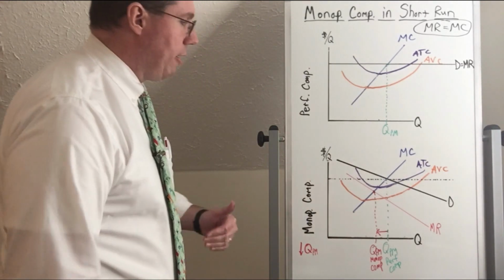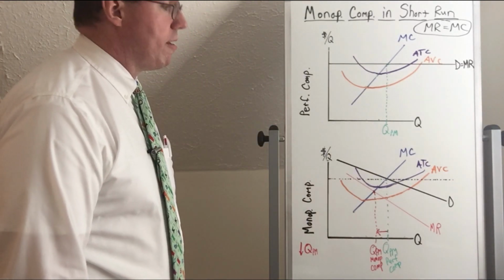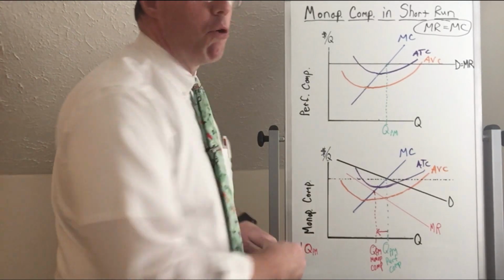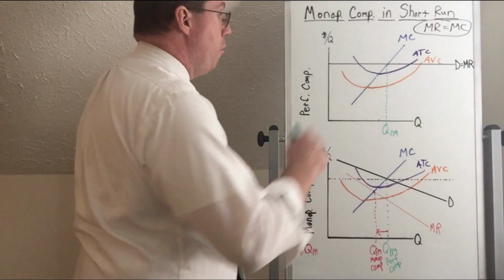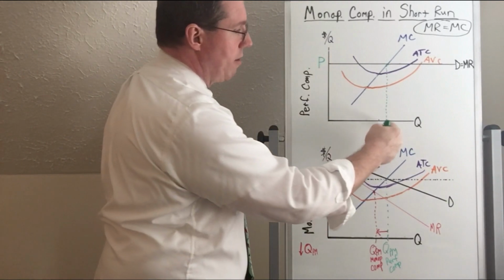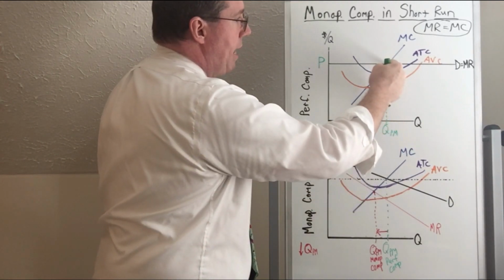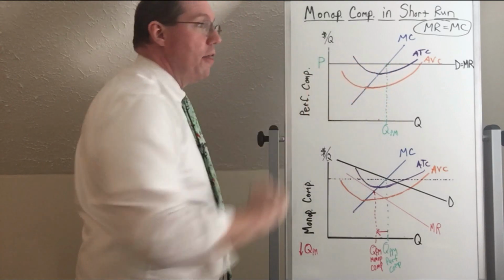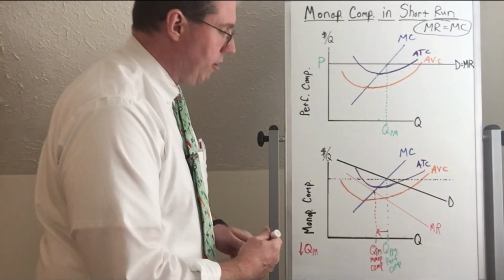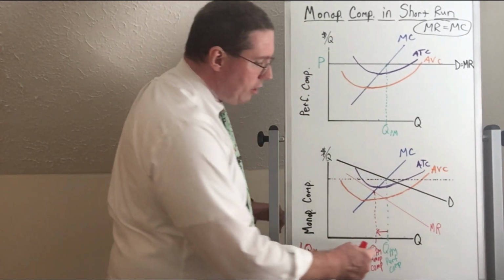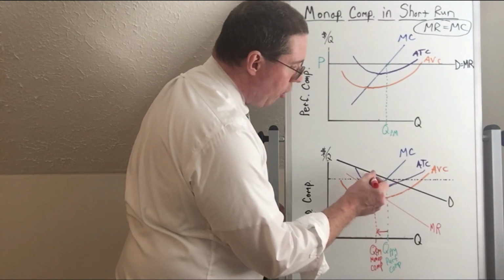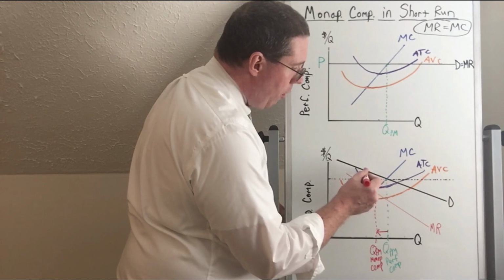Now let's look at the price that they're going to charge. Up here in perfect competition, they are price takers, and therefore the price is determined in the overall market. It was given to them. That is their price. Where the quantity hits the demand curve and we go over, it's horizontal, that's the price. But let's look at the price that is determined in monopolistic competition. Remember, after we determine the profit maximizing quantity, we're going to take that quantity up to the demand curve, which is right here, and we're going to go over